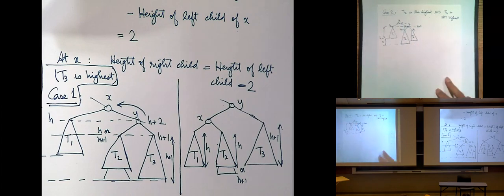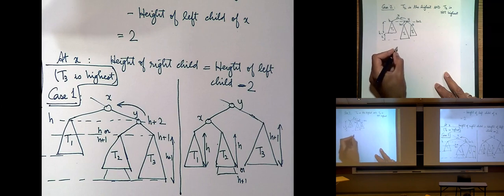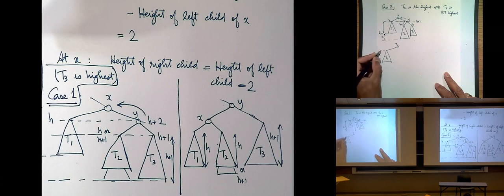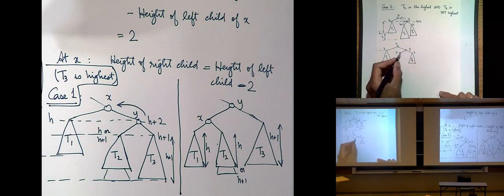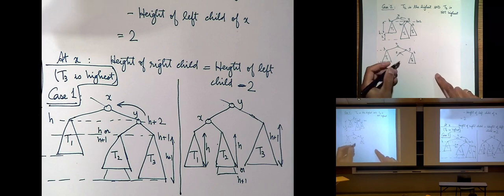So let me open it up a bit. Let me draw this picture again. So X, T1, right, so this has height H. There is Y here. T3 with a height H, and this has height H plus 1. And so